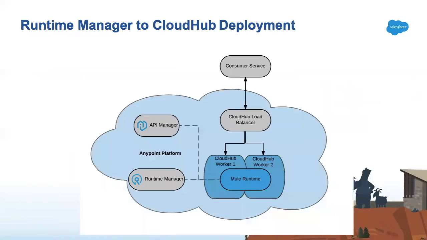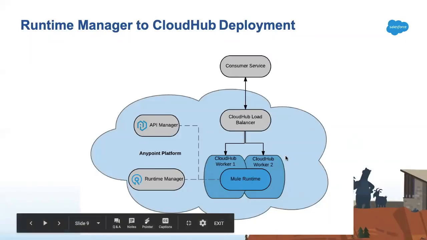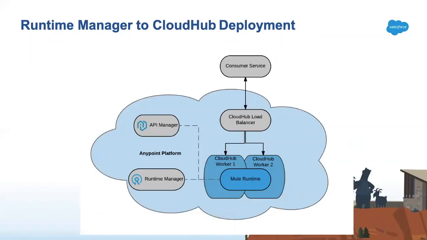Okay, deployment models. How many ways can you use Mulesoft? Of course, one of the best favorite ways is cloud. When you are talking about Mulesoft, here is what you have to think. One is your application, and another is how you are controlling your application. Who can access? What is my reporting and everything? So every Mulesoft application has two parts: control part and actual application part. The control part is named the API manager and the runtime manager. That's the control plane, and your actual application is this one. Mulesoft says you can have both on the cloud. That's what I'm going to show in the demo today. So deployment model one is everything in cloud.